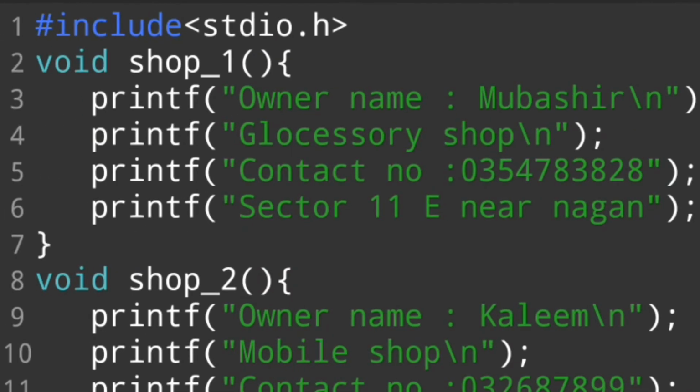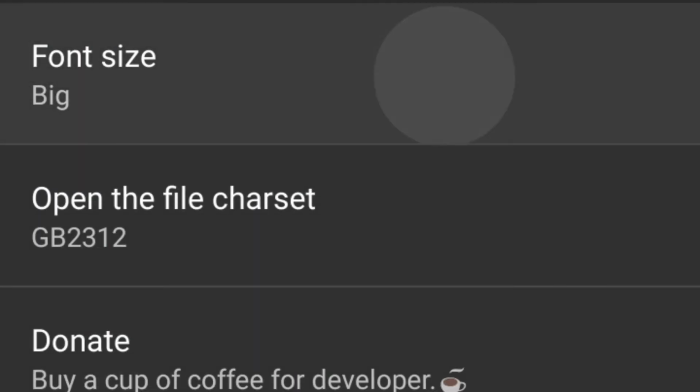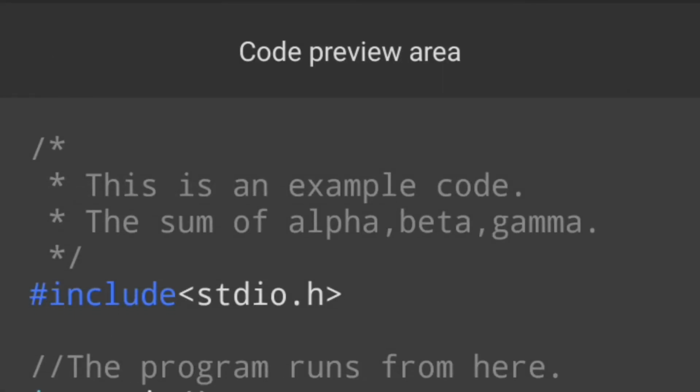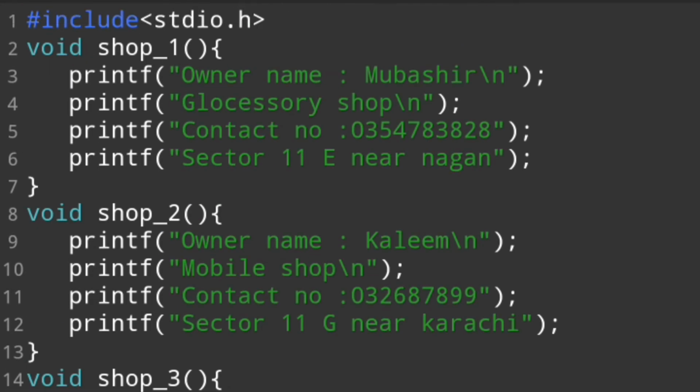First of all, we go to settings, and then with the help of this option, the compiler goes in, and the compiler reads this program.